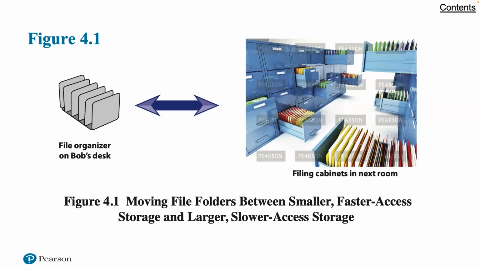It is likely that neither policy is optimum. In the first case, he might have to make frequent trips to the next room to get one folder he doesn't have, but which is near one he does have. In the second case, he might have to make frequent trips to the next room to get a folder that he just recently put away. So perhaps a policy of returning and retrieving in batches equal to 10% or 20% of his desktop capacity would be closer to optimal. For cache memory, which is something that we'll get a chance to talk about in some future chapters,